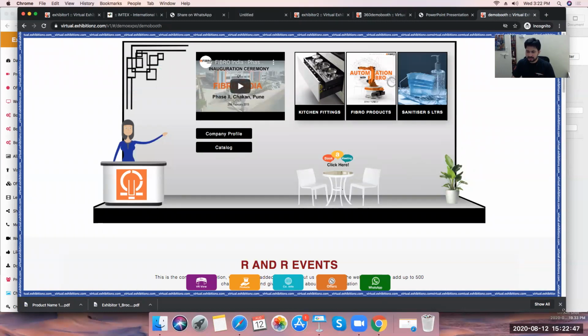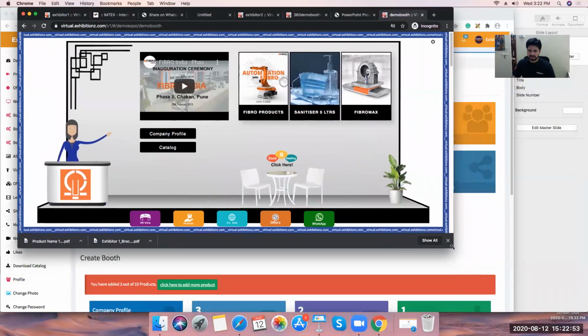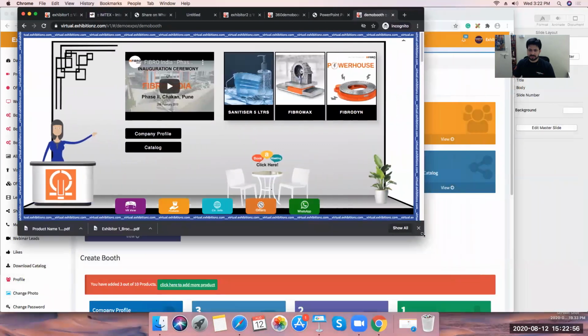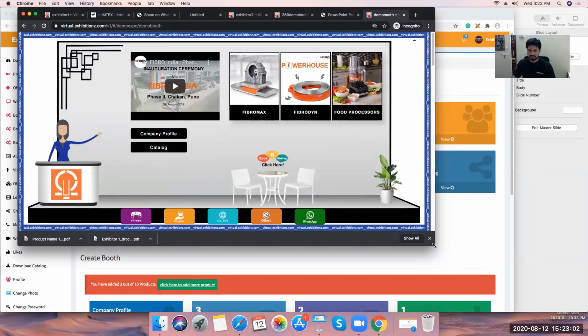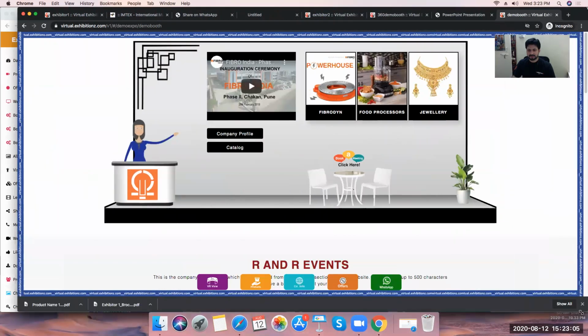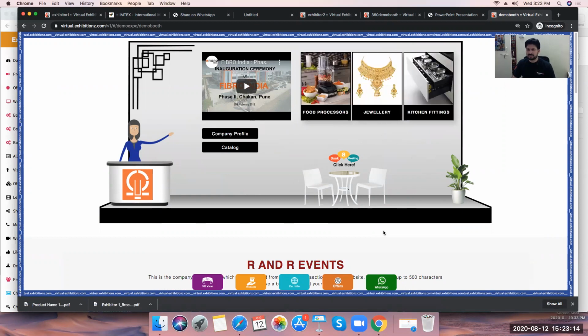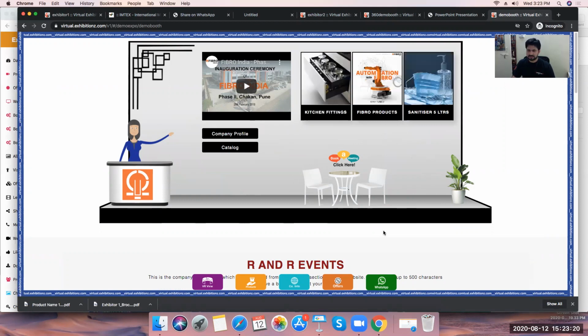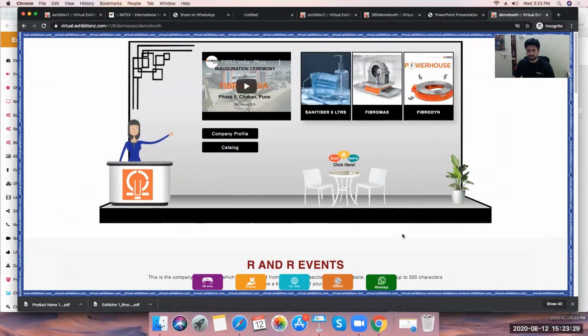Now I'll put it this way. Currently, I'm showing you this presentation on an iMac. As a result, you are able to see this size. But in a normal scenario, if you look at the normal laptop size, it will be this much. Yeah, fine. But is machine placement possible here? Can I show a machine instead of the chairs? I take the chairs to the left hand side and on the extreme right, I put a single machine there. Possible. We can look at it. It is possible. So every booth that we are looking at, whether it is standard, 3D, or mediocre one, the machine option has to be there. Yeah, it is.